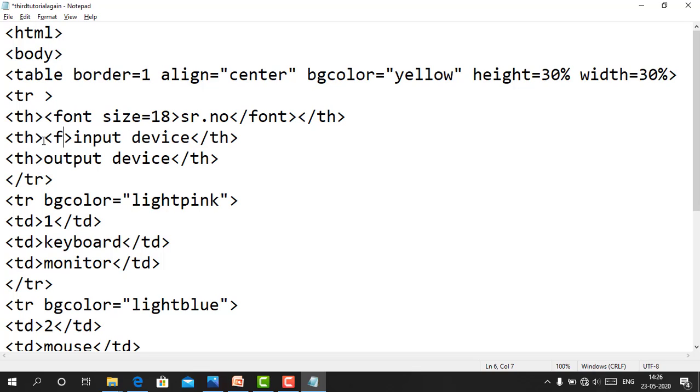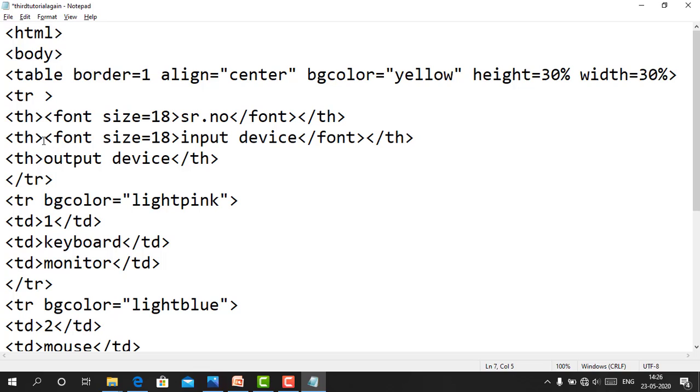And here also the font should be the maximum. So font tag and again font tag close, and again size equals to 18, and here also the size.